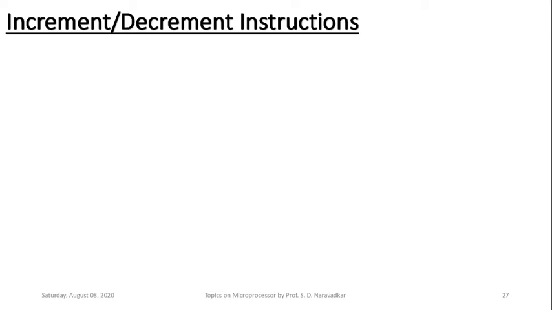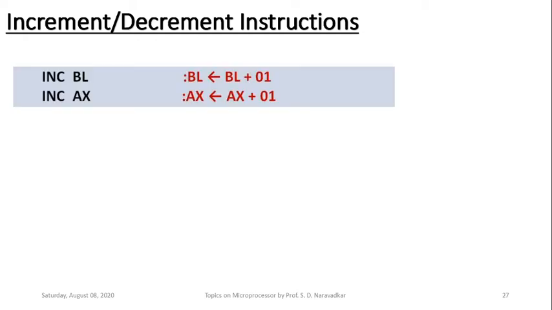Okay, now the next sample of instructions which I want to take from this group, that is for data increment and data decrement, which I want to explain now. First of all, data increment, that instruction is INC BL. Register BL is holding 8 bits of data, and to that 8 bits of data just 1 will be added. So BL plus 1, and result is of course copied to that same register.